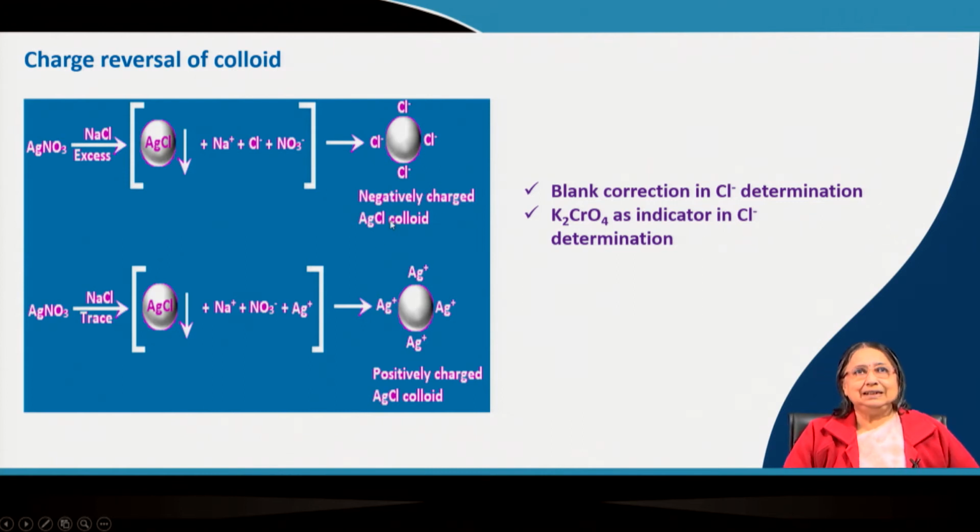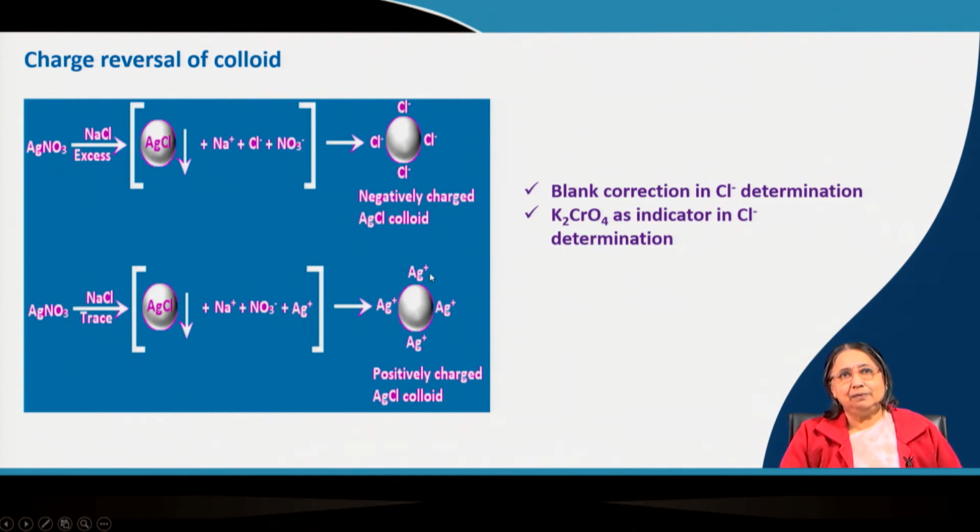Now, once it is obtained, what will happen here? If you remember the chloride ion determination, then you remember that we use potassium chromate as the indicator, which is yellow in color. But after the titration is over, with sodium chloride taken in the conical flask, you have added excess of silver nitrate. So, now you get this type of colloid, silver plus stabilized colloid.